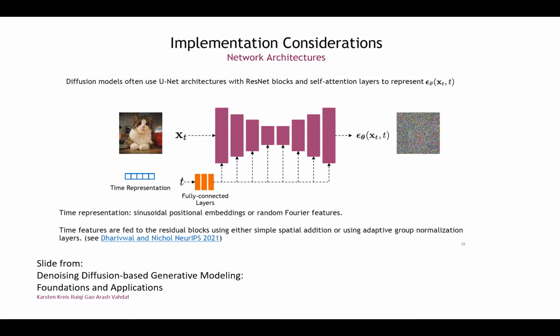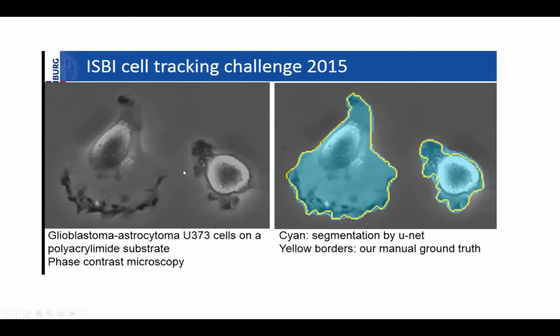So that's one possible way to actually encode the time here. Or there's another better way to do it, random Fourier features and so on. So there's a lot of details in how you put that time together with the actual image. Okay, so these are the results they got on the medical imaging